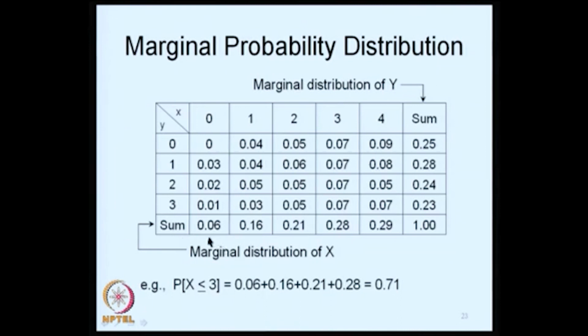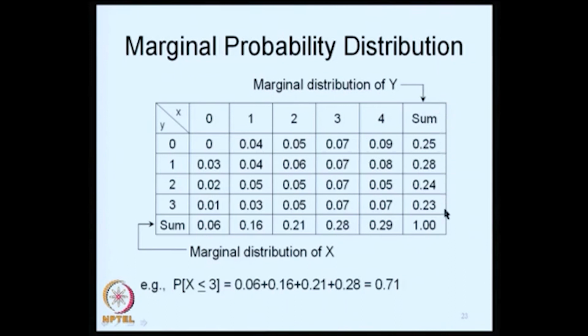And therefore, we obtain the probability distribution of x here. So, we have the probability of x is equal to 0, probability of x is equal to 1, probability of x is equal to 2 etcetera. So, we have defined the probability mass function of x here